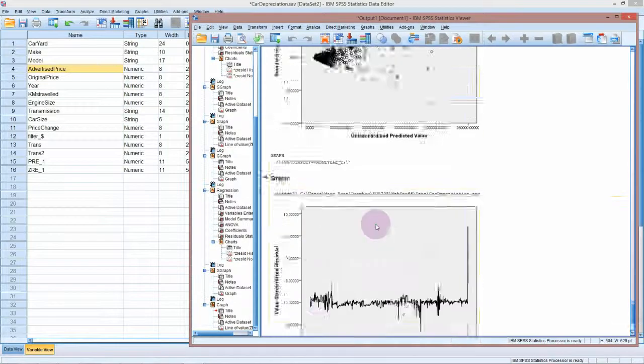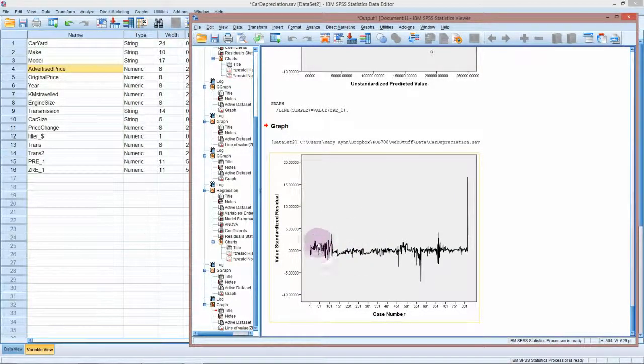Okay. And here we can see that they do seem to look, as far as I can tell, randomly scattered about. We've got this massively high one here, and these are the prestige cars. So you can, as an exercise, go through